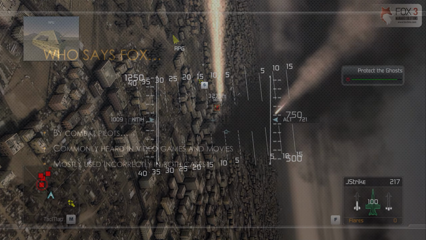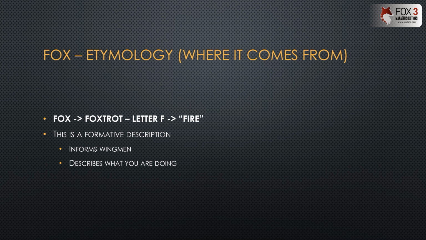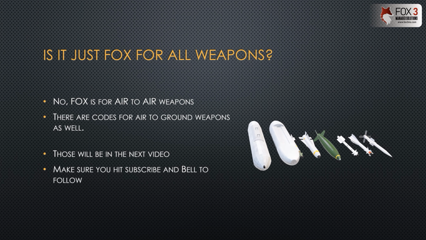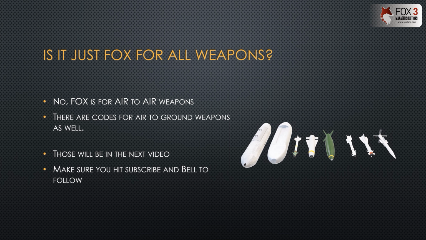Fox 2. Now, before we use it correctly, we got to know where fox comes from. So the word fox comes from a shortened version of foxtrot, which stands for letter F, and the letter F stands for firing something. It's an informative description to inform your wingman or somebody else as to what you're doing, but it has nothing to do with foxes and has nothing to do with air-to-ground weapons. Fox is only used to describe air-to-air weapons. There are special codes for air-to-ground weapons, but we're going to talk about those in another video,